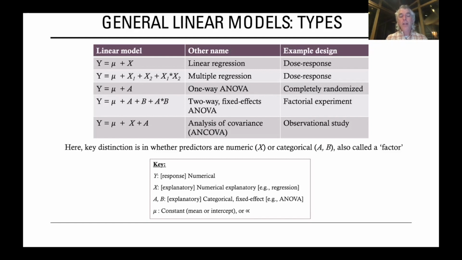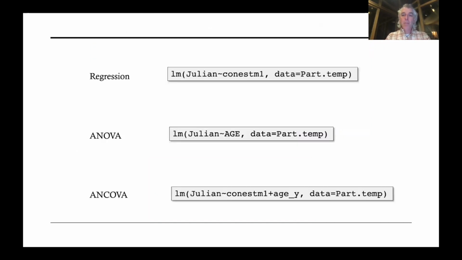And for the most part, we can leave all of these other special names aside and simply think about general linear models, which provides us with a really flexible modeling framework to allow us to incorporate any number of continuous or categorical predictors in our attempt to try and explain variation in some response variable. The nice thing about this common framework is that in our statistical package R, we can use a very consistent notation for specifying our model, regardless of whether we're talking about